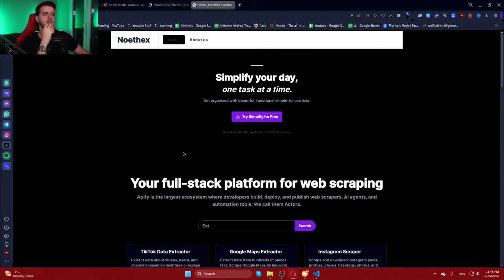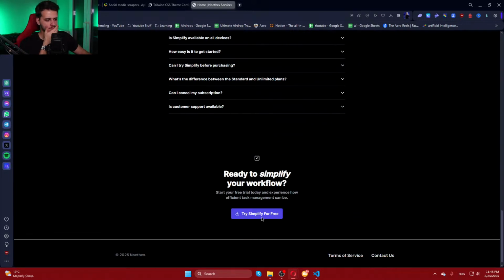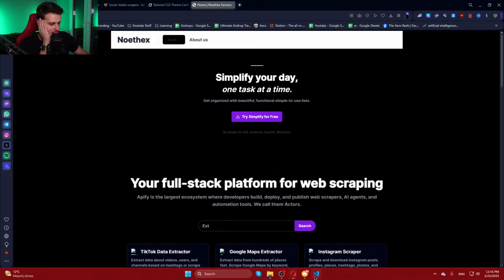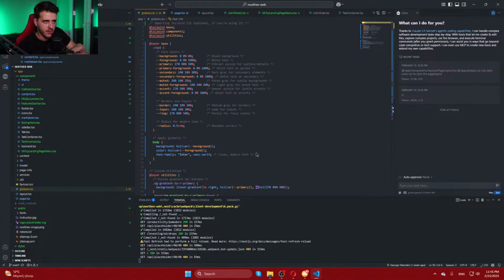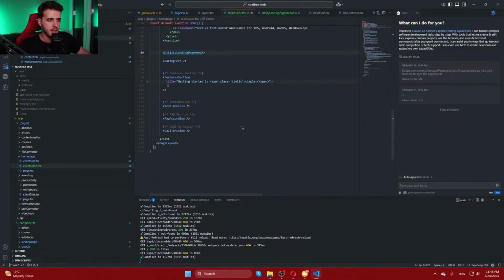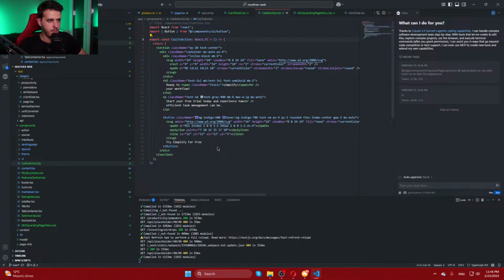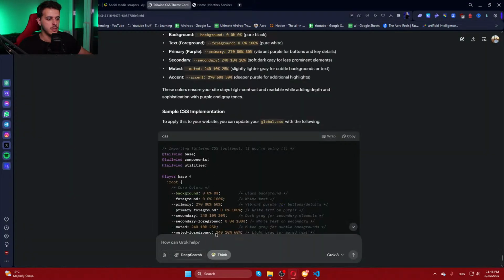Okay, doesn't look bad. For some reason, I feel like some colors are left over in their old state. For example, this call to action is completely forgotten. It needs to get replaced with. Okay, so